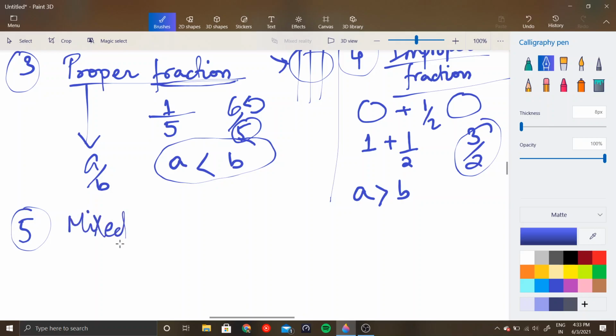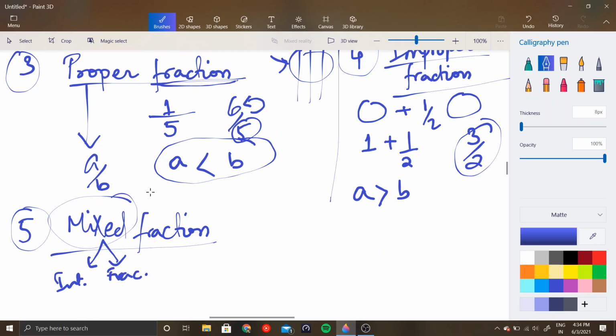Why is it called a mixed fraction? Whenever you hear the term mixed fraction, always remember it is talking about a mixture of an integer and a fraction. So you will have an integer, and you will have a fraction attached. We'll go straight into how to convert a proper or improper fraction into a mixed fraction and vice versa. But for now, this is the form of a mixed fraction. You have 2 1 by 7, 5 1 by 8, some examples.